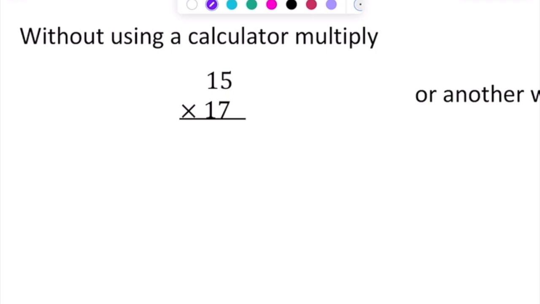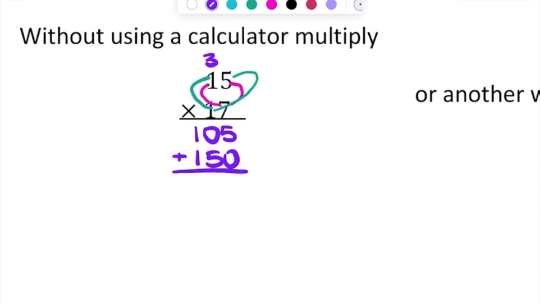So I go 7 times 5, well, that's 35. And then I do the 7 by the 1, and I get 7, and I add the 3 to give me 10. Notice I did this multiplication, 7 in the 5 in the 1's place, and 7 with the 1 that's in that 10's place to get me that 105. Now, in my next line, I'm going to have that placeholder 0 because now I'm multiplying this 1 in the 10's place by the 5, which gives me a 5, and the 1 in the 10's place by this other 1 in the 10's place, which gives me a 1. Now, of course, I add up all of these products, and I get